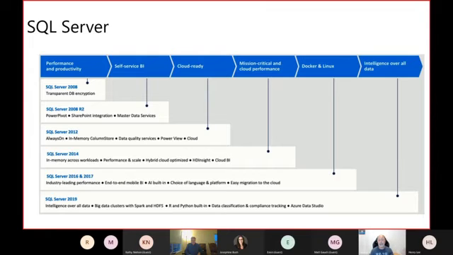Each of the latest versions introduced a new set of features related to cloud focus, high availability, multi-platform, BI, etc. What I would like to mention at this point is that Microsoft calls the modern versions of SQL Server the ones that are 2016, 17, and 19.